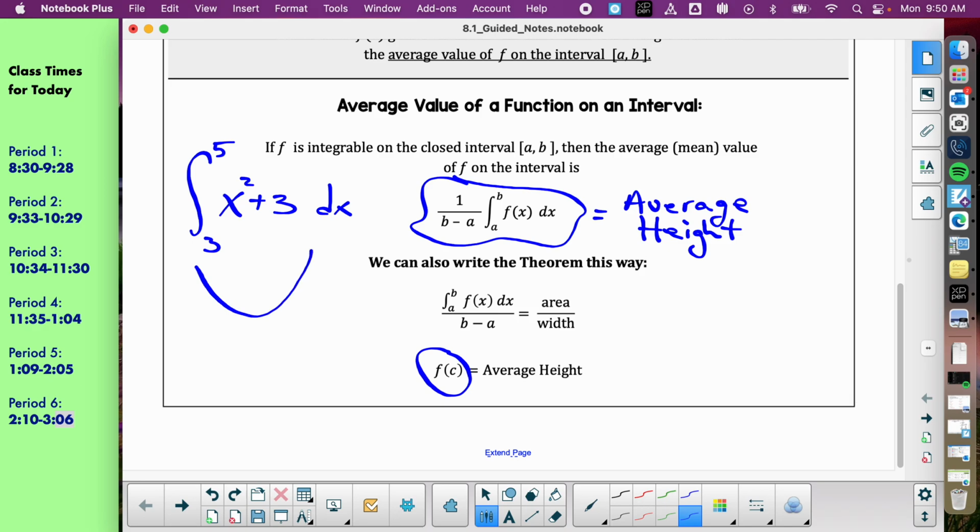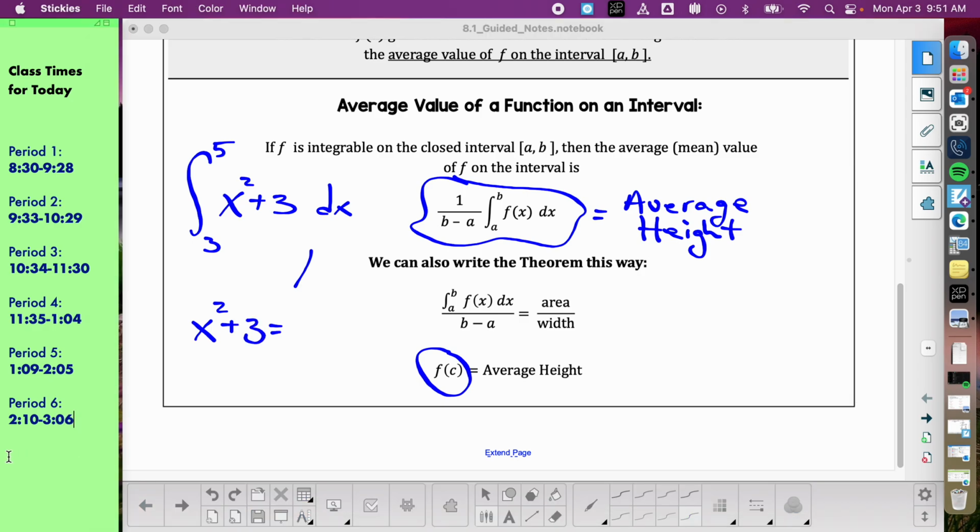We only use it from 3 to 5, so we would basically be looking at something like that. So that's the heights of the graph. What's that equation that the graph was drawn from? X squared plus 3. Perfect. So we know the equation that drew the different heights. And if we want to know when this equation is at a height of 4, then you would make it equal to whatever your average value was.